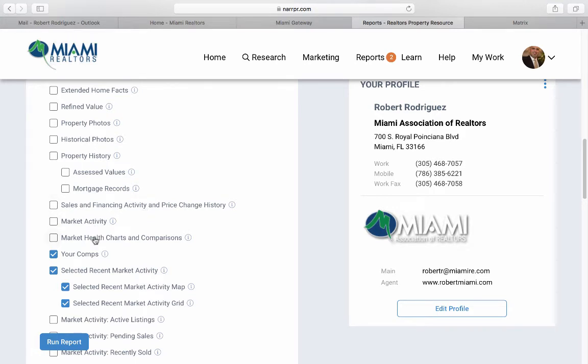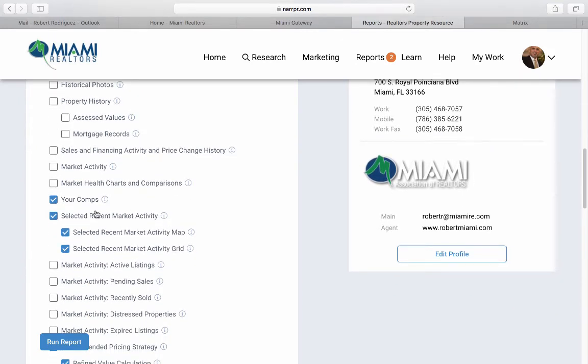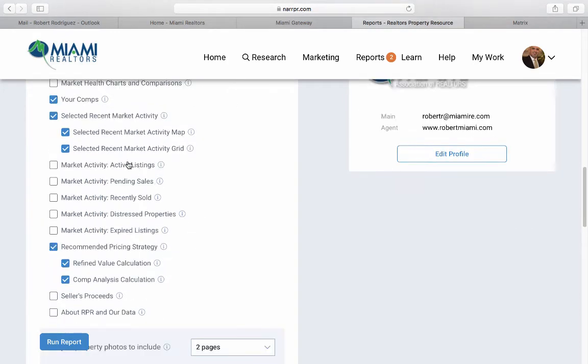and comparisons. If you remember from the property details, the charts section, you can include this chart section by selecting market health charts and comparisons. We are going to include the comps, the selected market activity with the map and the grid. However, we're going to remove the entire market activity section for active listings, pending, recently sold, distressed properties, and expired listings. This alone creates about 35 to 40 pages of your report that you really don't need for a seller